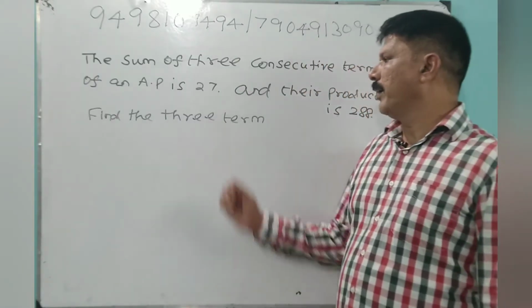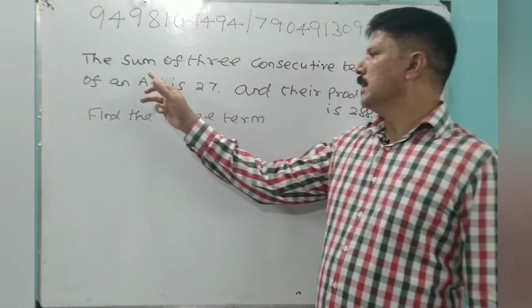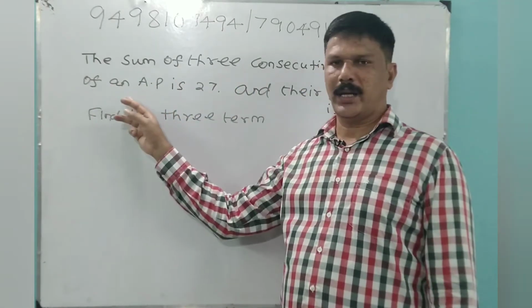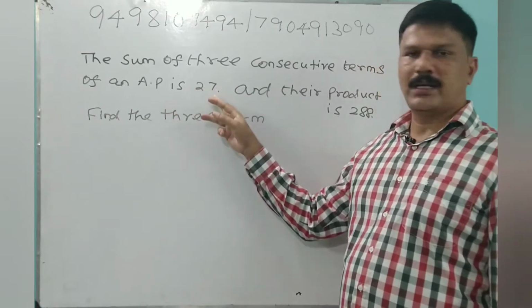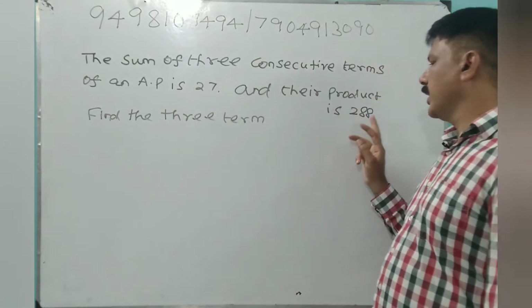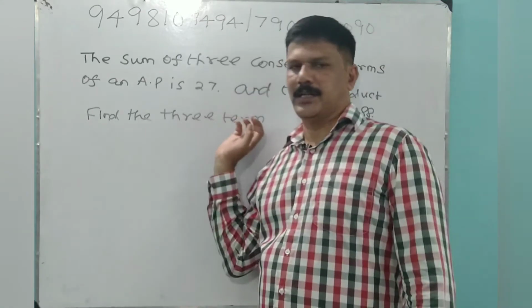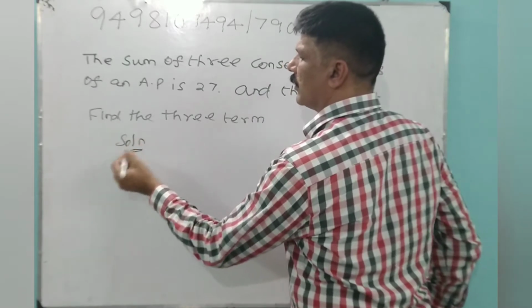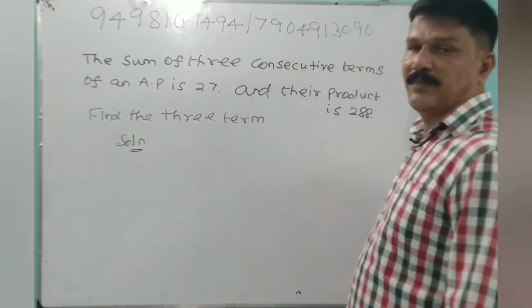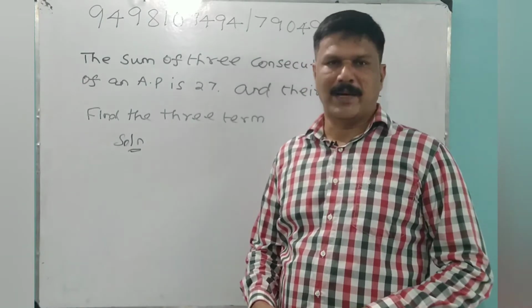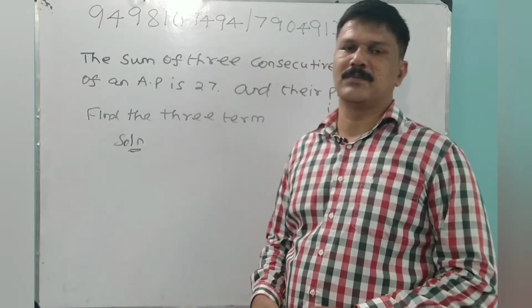Let us see one important sum in AP. The sum of 3 consecutive terms of an AP is 27 and their product is 288. Find the 3 terms. So the given solution: already we know if the sum of 3 consecutive terms of an AP is given, then we take the 3 terms as